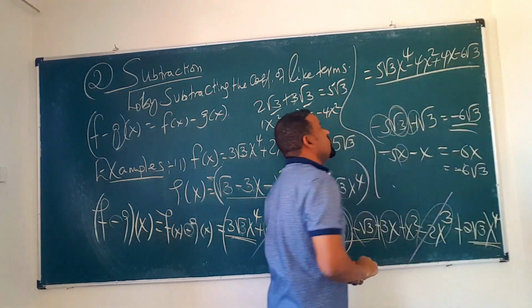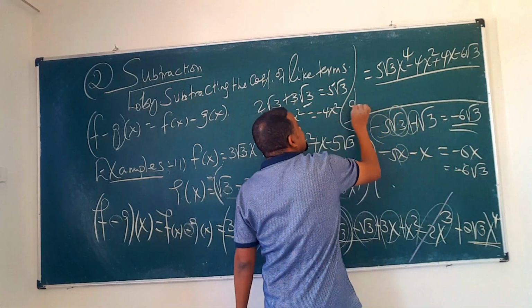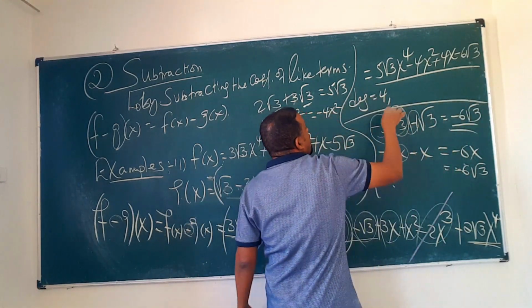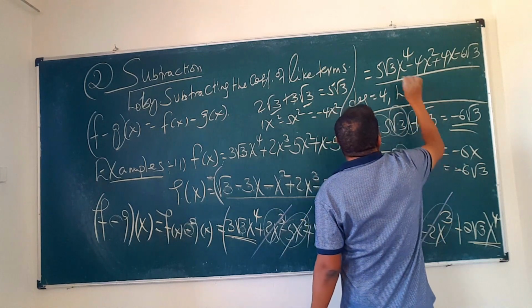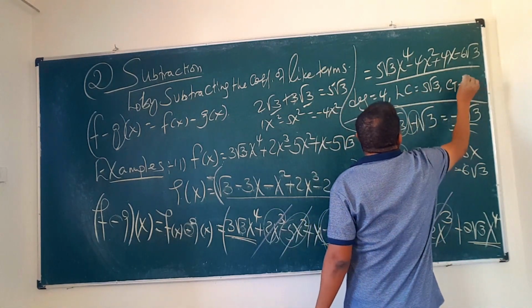So this is a polynomial. What is the degree? The degree is 4. The leading coefficient is 5 radical 3, and the constant term is